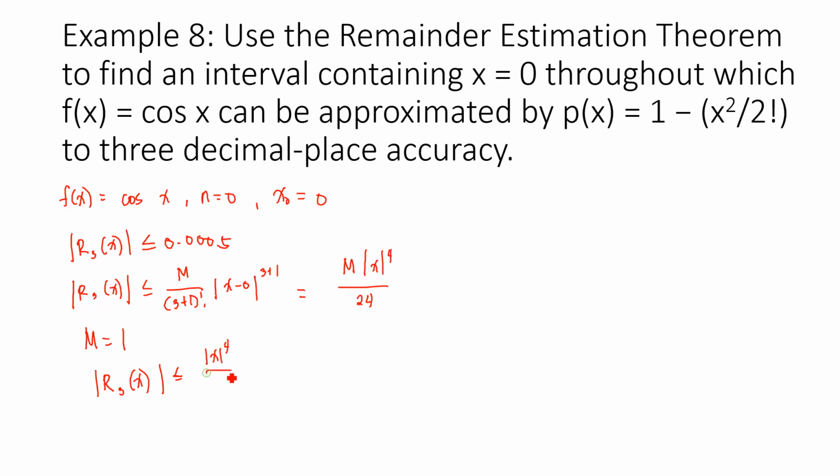Thus, we can now achieve the 3 decimal place accuracy by choosing the values of x for which the absolute value of x raised to 4 over 24 must be less than or equal to 0.0005. Or we could have that the absolute value of x must be less than or equal to